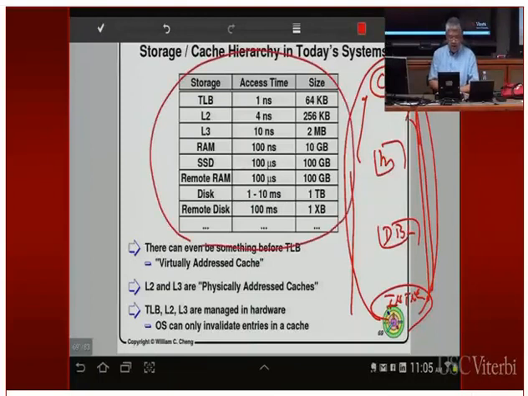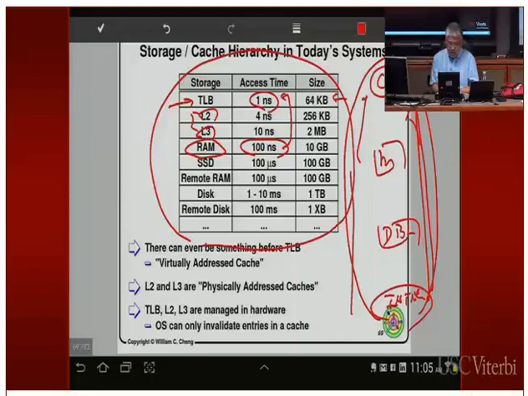In reality, these days the processor looks like this. Closest to the CPU is the translation look-aside buffer. The access time is about 1 nanosecond, and the size is quite small, about 64 kilobytes. Then there are some caches inside the CPU, L1 and L2, and I guess we didn't really talk about those. These are again hardware caches. And then comes the main memory. The main memory is actually 100 times slower than the translation look-aside buffer. This is why you don't want to have 2 memory accesses to get into main memory. You only want 1 memory access.